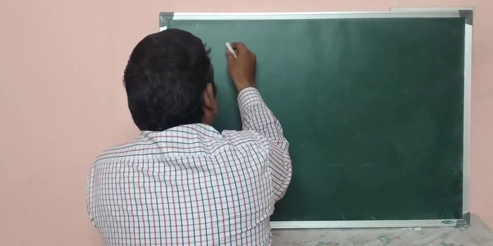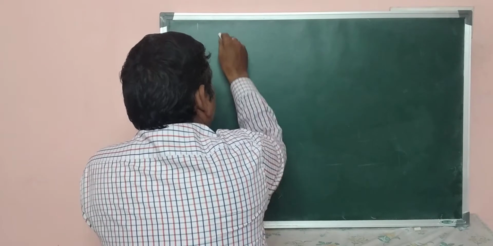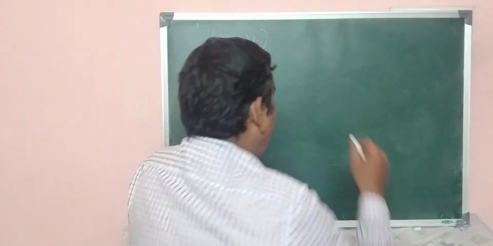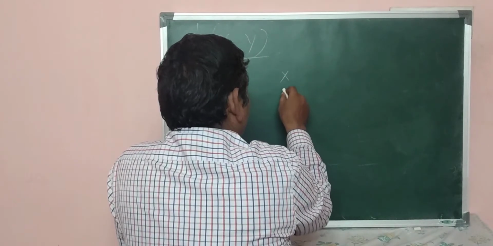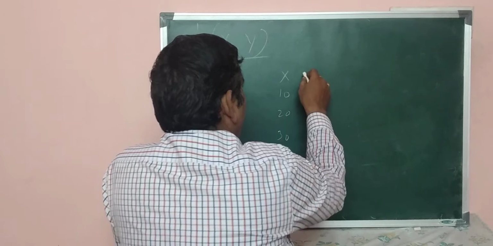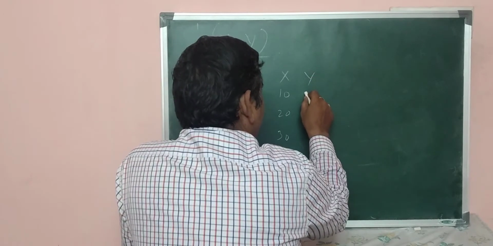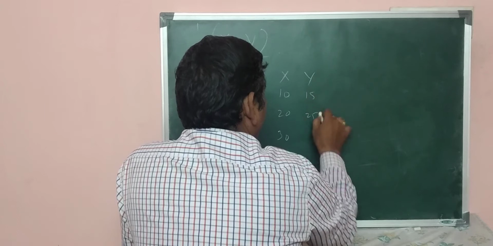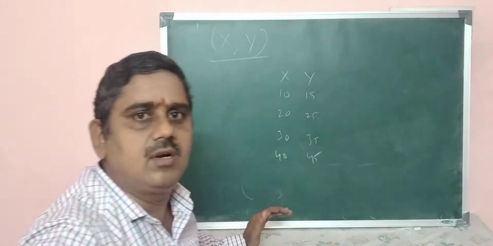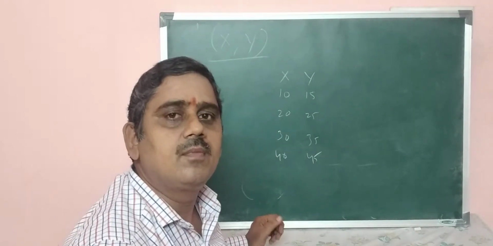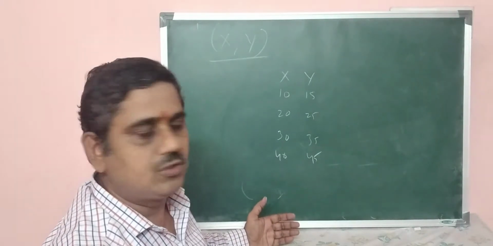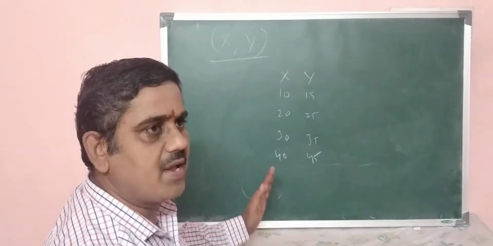For example, you consider there are two variables x and y. We will see the effect on x and y. There are two variables in the bivariate data, and I have considered x in this particular fashion. So for example, 10, 20, 30, 40, etc. And y also has some particular values. You consider 15, 25, 35, 45, etc. I have considered them with uniform differences, with uniform width, only for the purpose of explaining clearly.